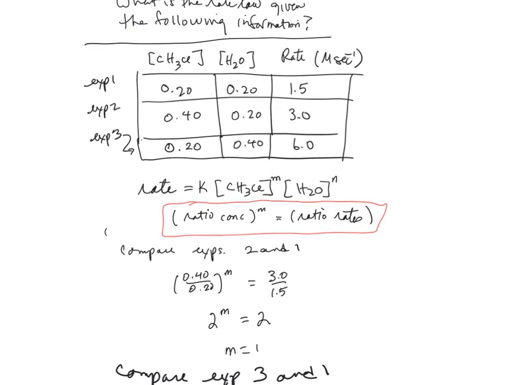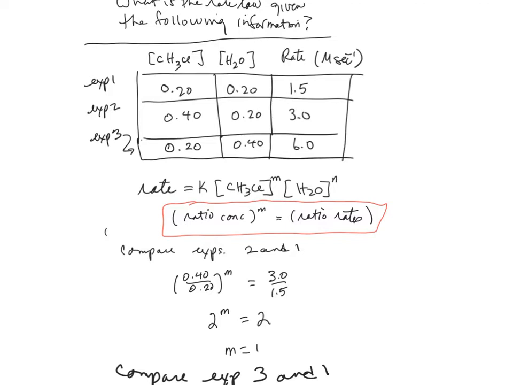And the comment here is that you want to substitute your data into that last equation so that you can calculate K. So if you have correctly determined the rate law, in other words, you've got your powers 1 and 2 for this example, then you can substitute the values for experiment 1 into that equation and calculate K, or you could substitute the values of experiment 2 or 3 into that equation for K,